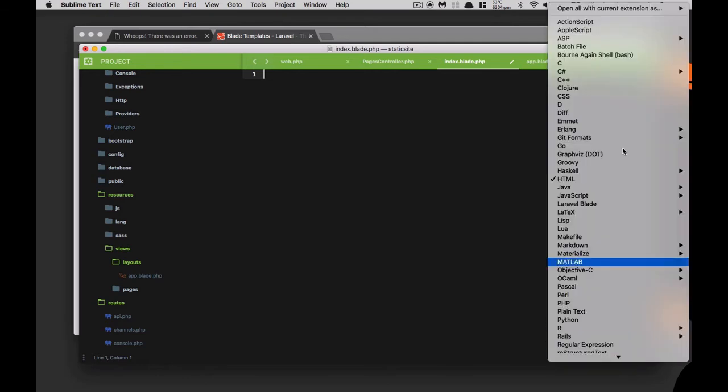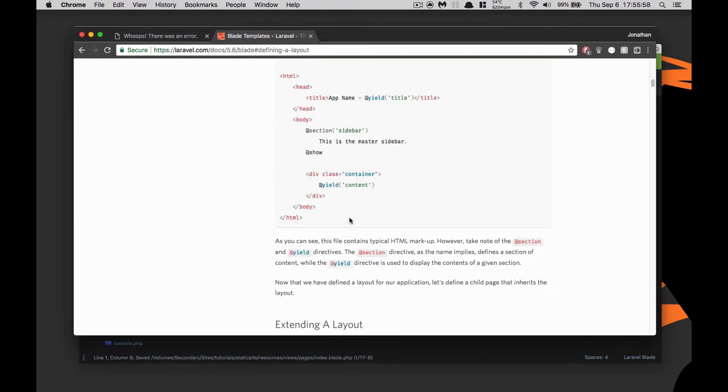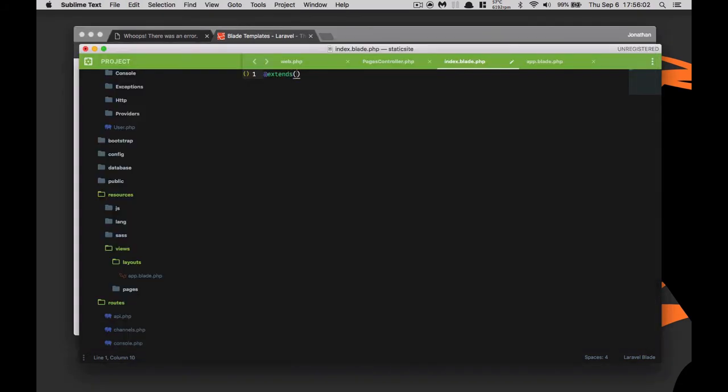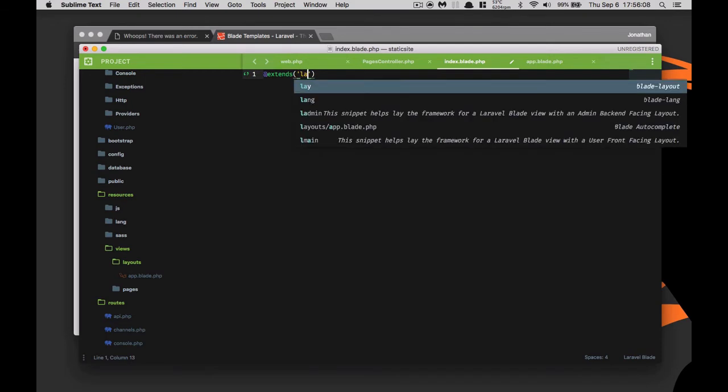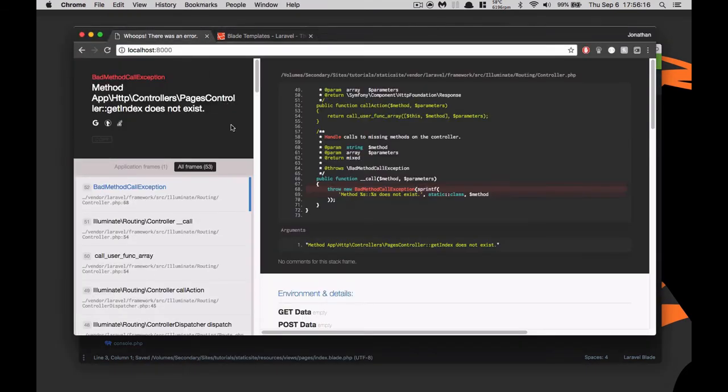Again, hold on one second. We have to make sure that this is Laravel Blade. So we want to extend, or extends. I think it's extends. Yes, extends. That's what I thought. And then remember, we have a folder. The app.blade.php file is in a folder, so it's going to be layouts.app. And we will save this. We will go back